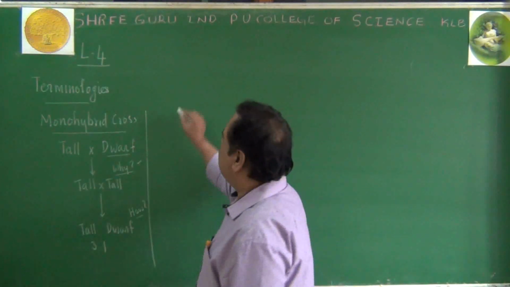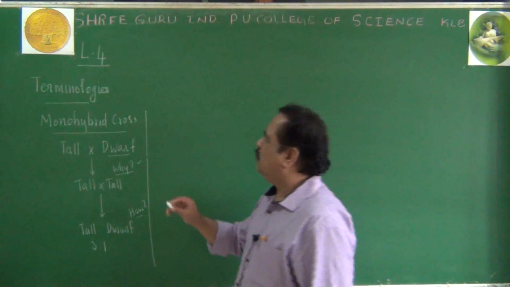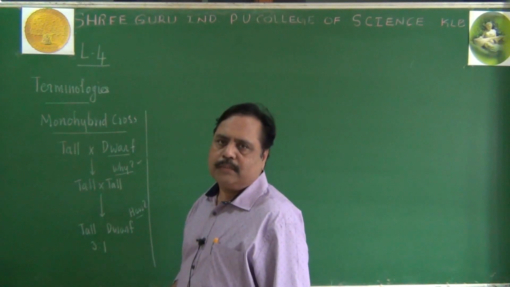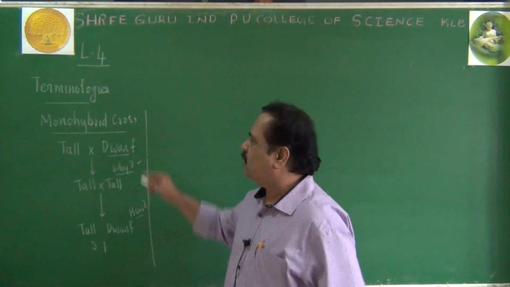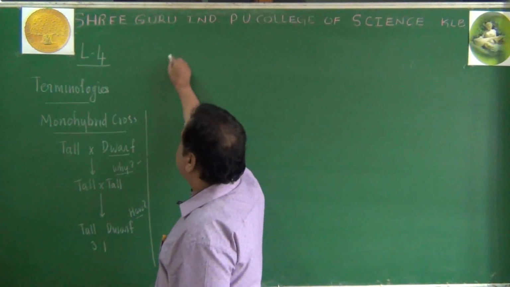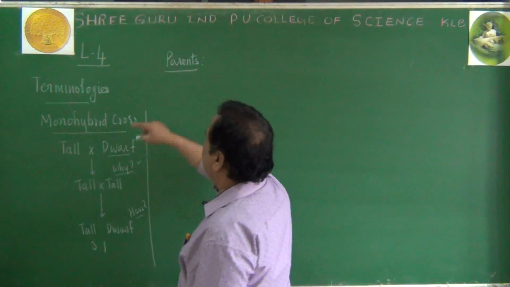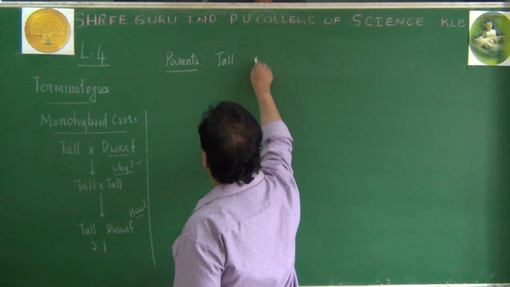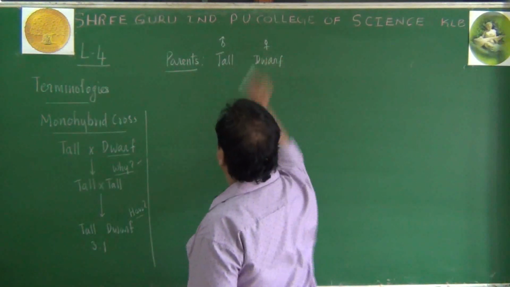For this, there is a conventional method for explaining the monohybrid cross. Let us use some symbols and some more explanation for understanding this cross. So there are some symbols conventionally, traditionally used for understanding the mechanism of monohybrid cross. Let us consider the parents we are taking. The parents taken for the monohybrid cross in pea plant are, one of them tall, another one called dwarf. Let us consider this is the male parent, this is the female parent.